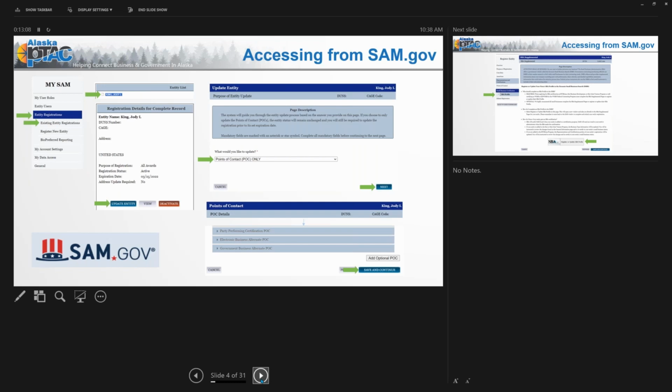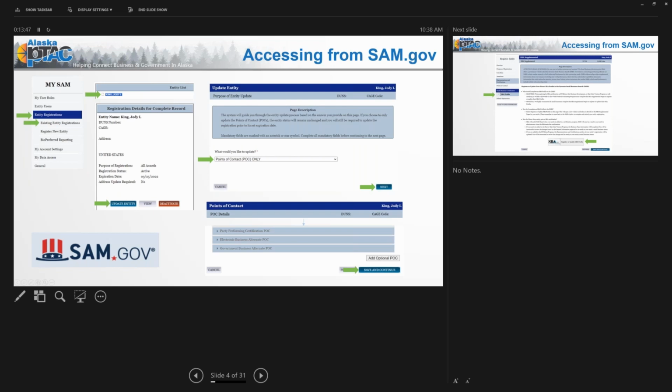So as you log into your SAM registration, from the dashboard, you can click Entity Registrations and Existing Entity Registrations. We move over here, scroll past the useless search boxes, and you're going to click on your name in the entity list. You're going to scroll down in that bottom left-hand corner and click on Update Entity. If you already have a work in progress, then you're going to have your business information in that right-hand box. But from the screenshot, I don't have a work in progress,